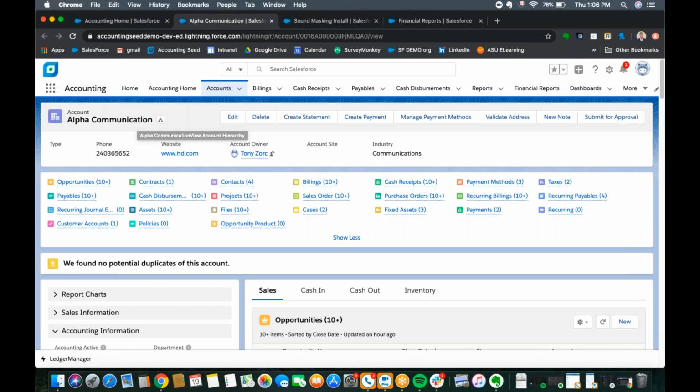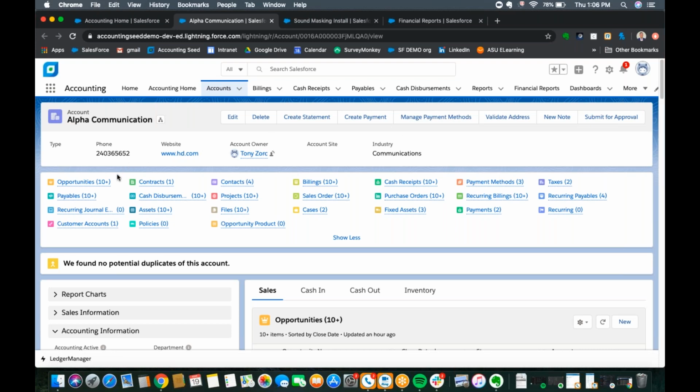So really, it's at your fingertips, what you want to do with it here. But so we're looking at an account. Essentially what we've done is overlay our functionality, things like creating statements for outstanding receivables, managing payment methods. We have a fully integrated solution with Stripe so that you can receive ACH and credit card payments right inside the system. And then all of your related activities, 360-degree view of the life cycle of the customer from the